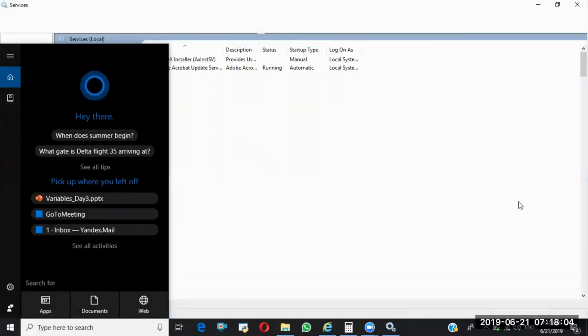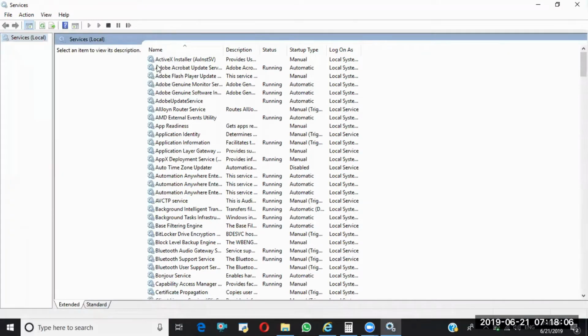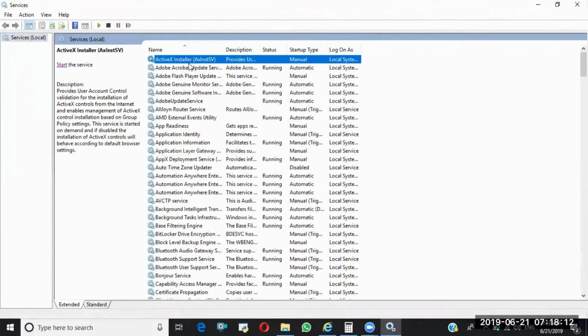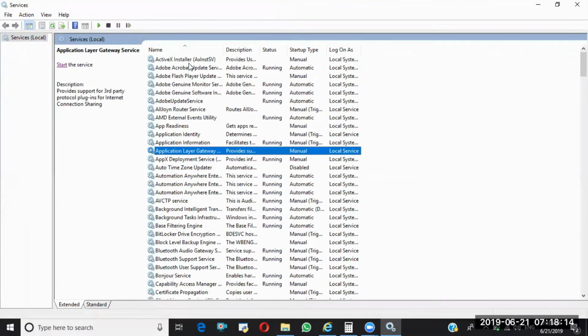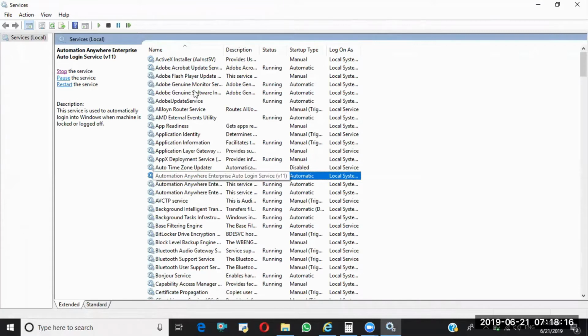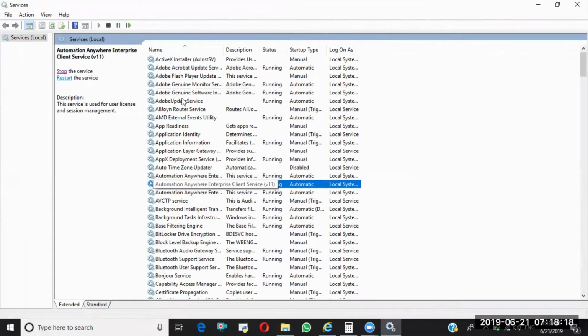So services has been opened. These are all your system services. See, Automation Anywhere Enterprise Client Service is here. Now this service is running. That's the reason our Automation Anywhere is running as expected.